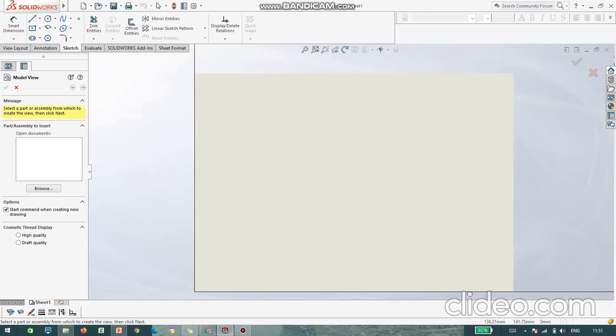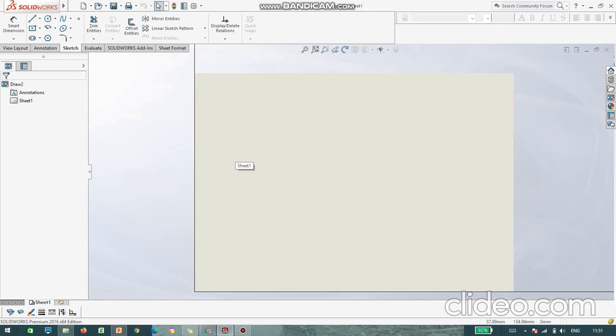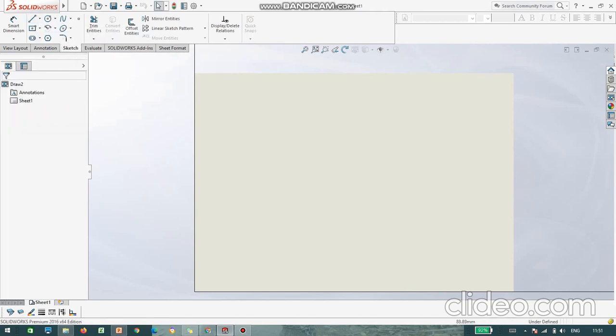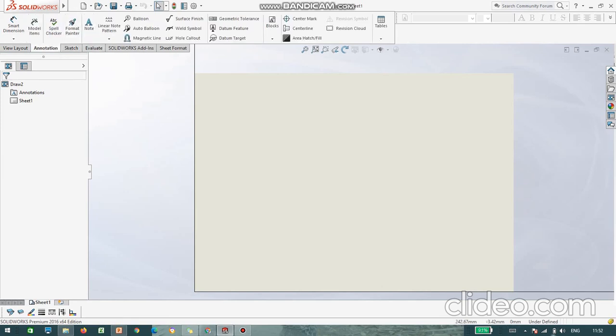So this is my A4 blank sheet, and the first step is you need to check what the dimension unit is, whether millimeter, meter, or inches. You can cross-check it here.